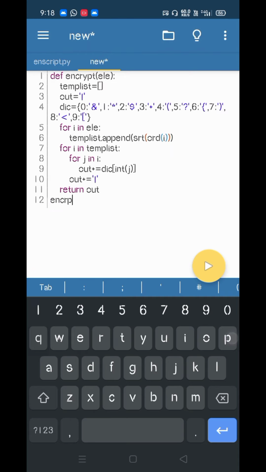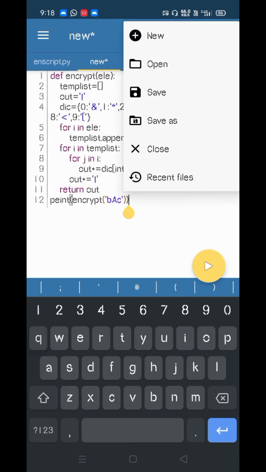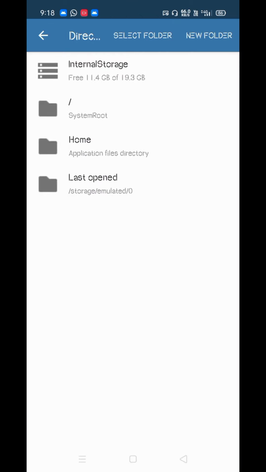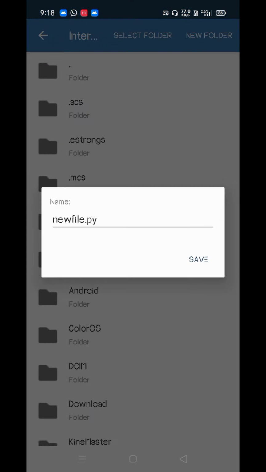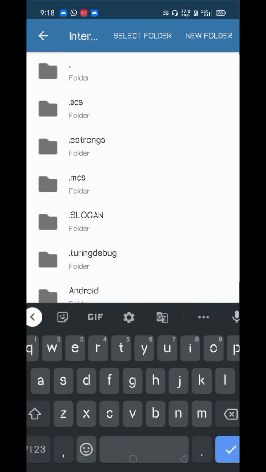So encrypt, let me print encrypt of what I had given previously, capital B, small a, small c. So let us check is there any error. Before that, let me save this, select folder, new file.